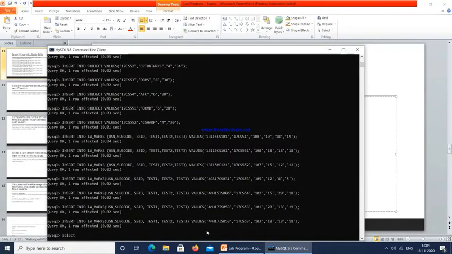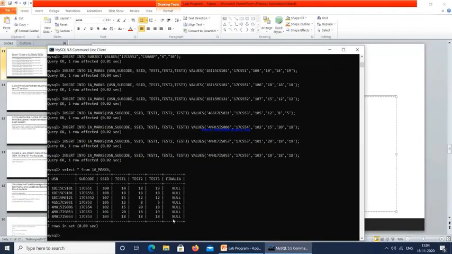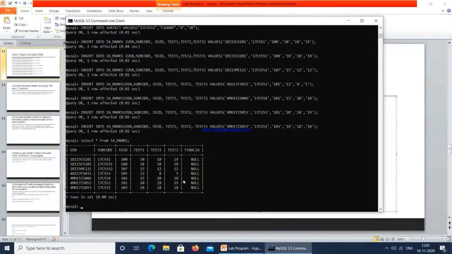So you can see select star from IA_MARKS. So you can see the final IA marks here is null because we have not entered any data. So it is showing as null, whereas other details we have entered. Why? Because final IA will be calculated by a query. So we have a query, we need to update. Using update query, we need to find the best of 2 and find the average of best of 2 and fill up the column.